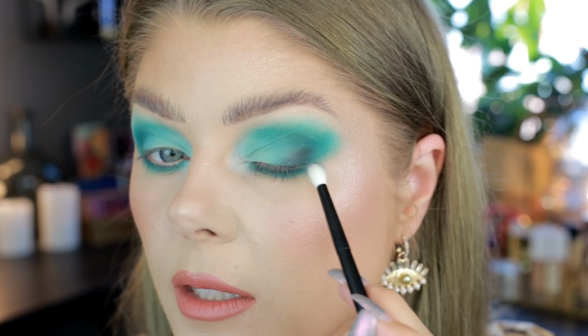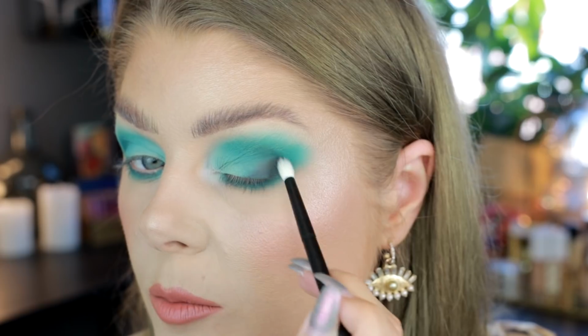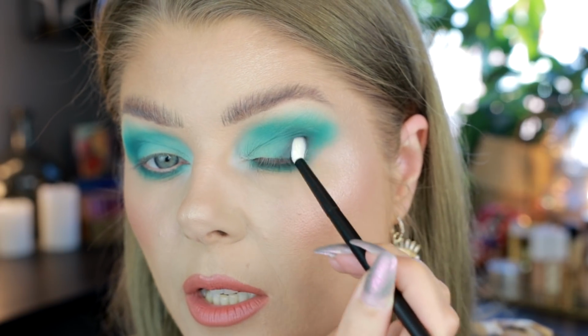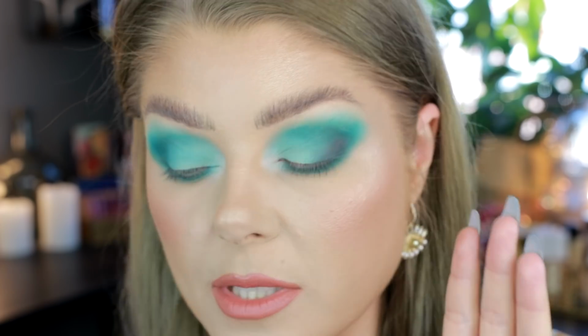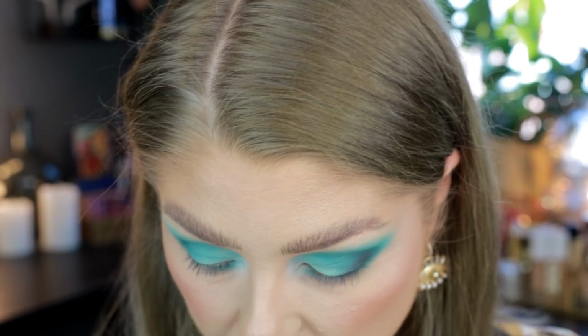You can see I'm not taking it up here. I'm taking it down here at the lash line, and then I'm just blending it into the exact inner corners. You can see I'm really smooshing my brush in there. And I took very little on my brush, and you can see that. And then afterwards I'll go in with this small brush that I used before, and I'll take a bit of